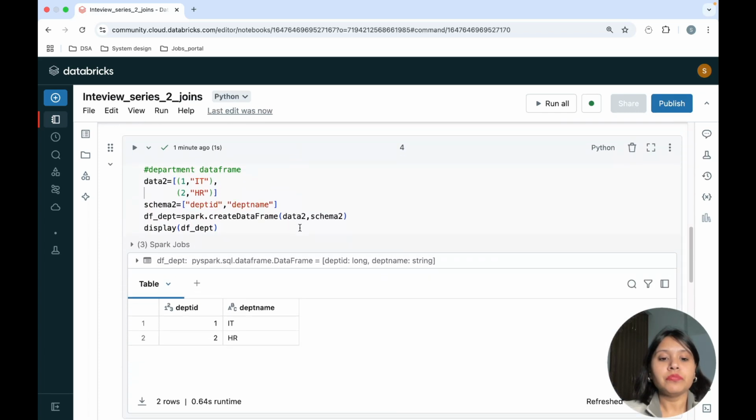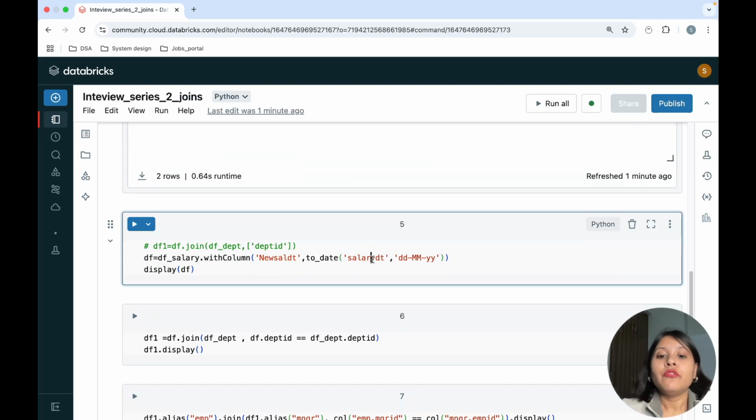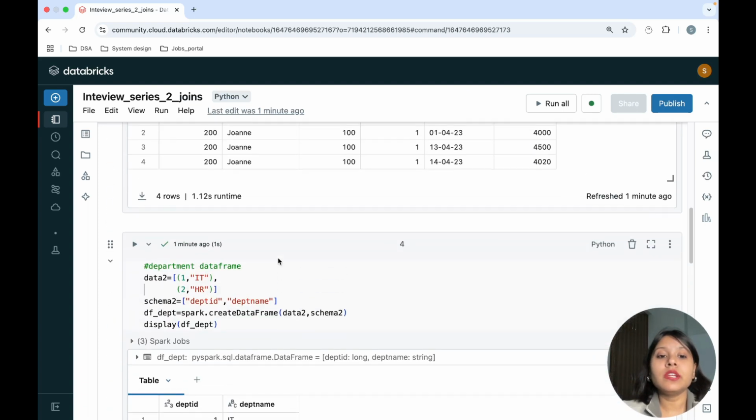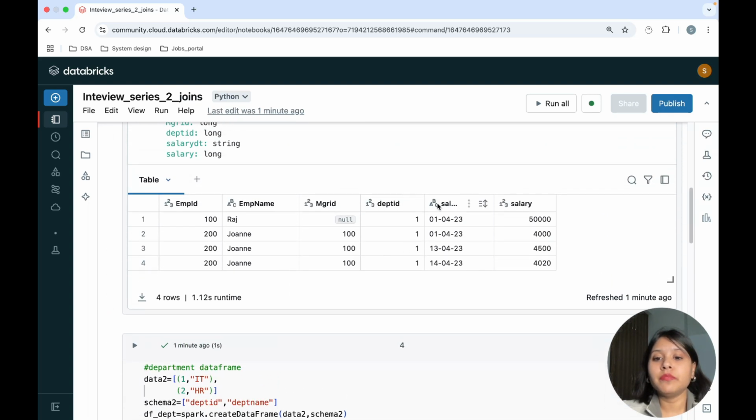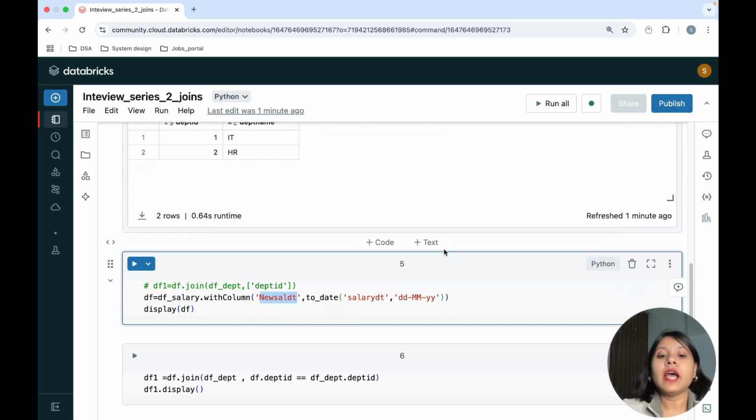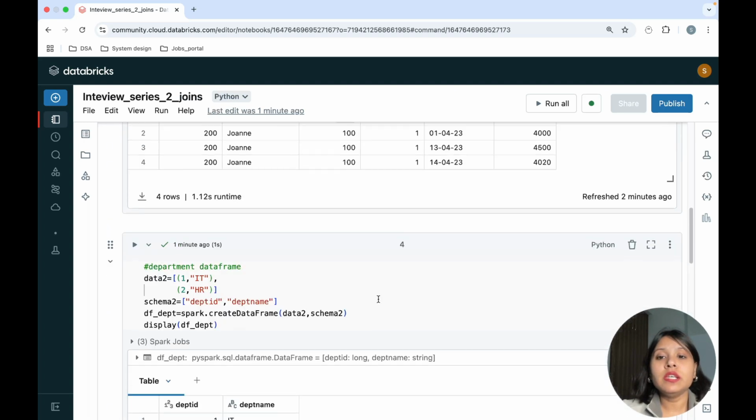So now, from the salary date itself, I'm creating another column called new salary date. And why am I doing it? This is a string format, and I want to convert this into a date format. For that, I am using a function called toDate. In toDate, the first parameter that you pass is your salary date, that is your column name. Then the next parameter is the format of the salary date that is there in your input. If you see, my input is